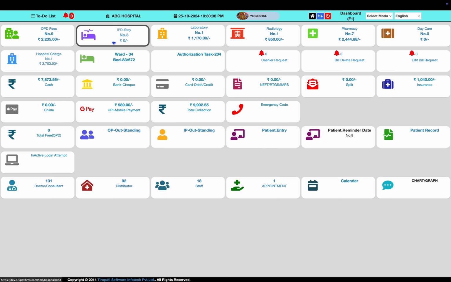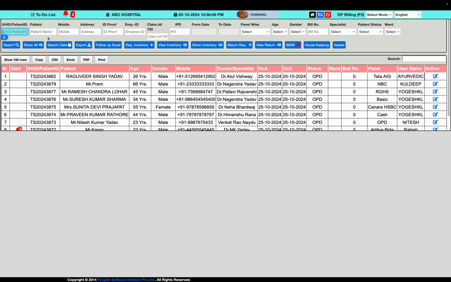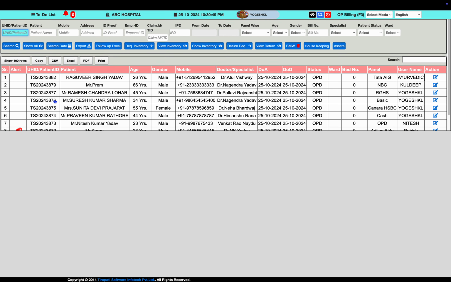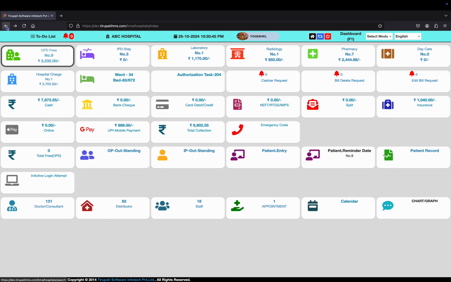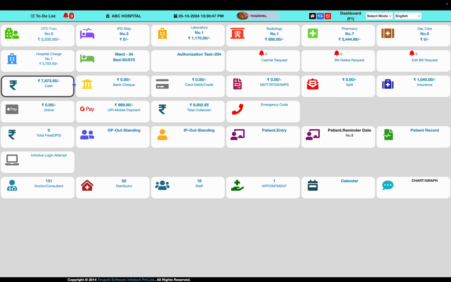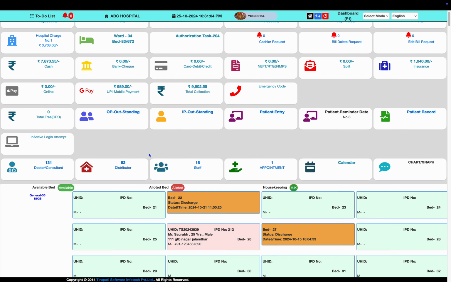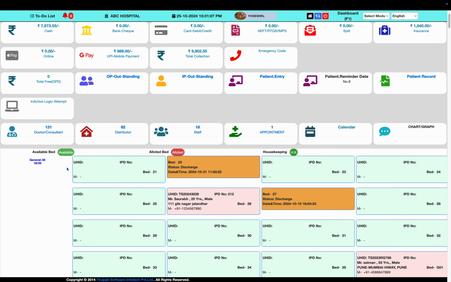If we want to go into the respective modules, all these icons are real-time and dynamic. If you click on the module, you get the respective patient list, with permission-based access. Along with that, you can access the hospital charges collection and ward bed occupancy. You can observe how many patients are admitted in our hospital and which beds are vacant, so we can allocate the patient a bed, and you can see the various ward-wise bed occupancy.